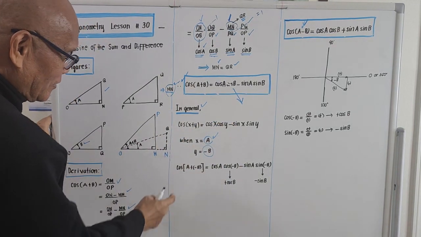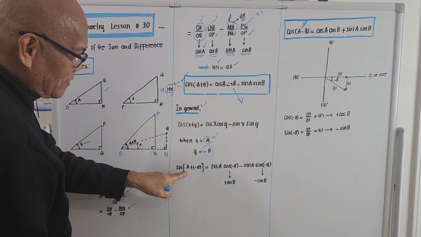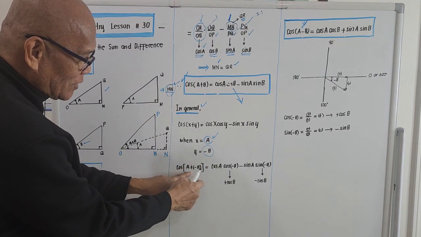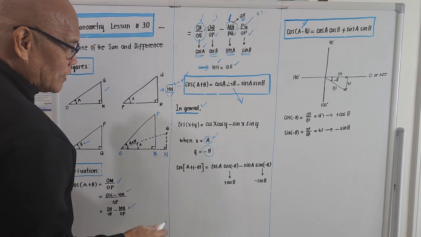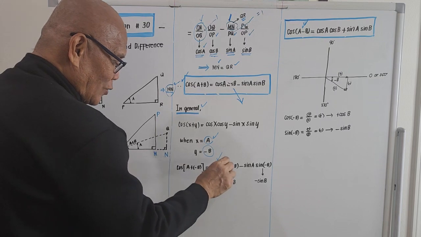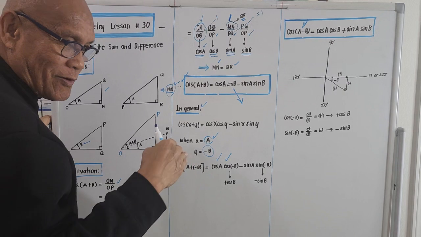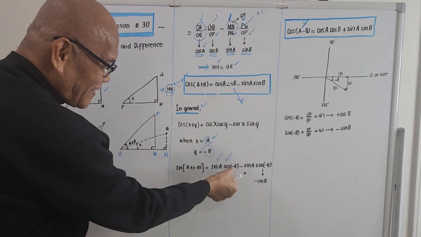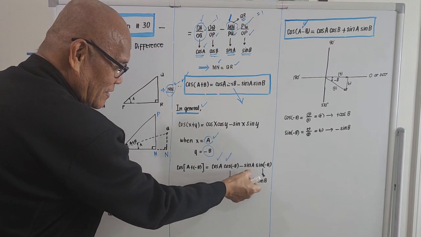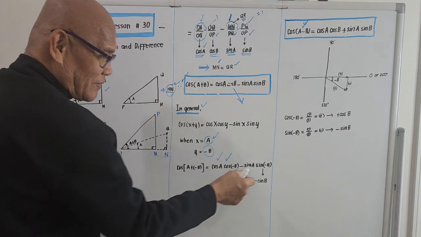This should be cosine open bracket. We replace x by a, so this will be a, plus open quantity, what will be y? Y is actually open quantity minus b close quantity close bracket, equal to cosine of the first one. The second one is the cosine, instead of a plus b, it is negative b. Cosine open quantity negative b, right? Minus sine of angle A, sine of open quantity,